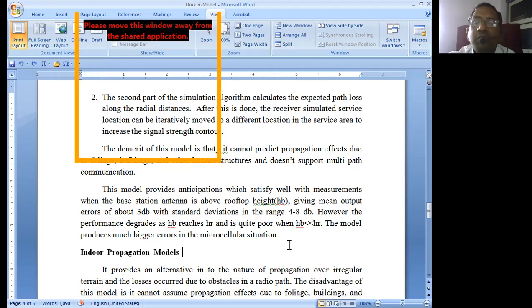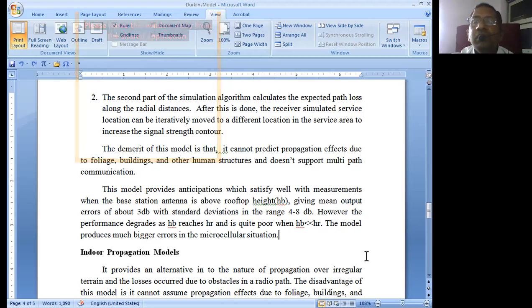That is, hp would be very much less than hr. So the obstacle rooftop height should not be greater than the height of the receiving antenna. If it is, then the obstacle is going to increase, and thereby we are going to get the losses. So with the rooftop height very much less than hr, we normally get satisfactory results from